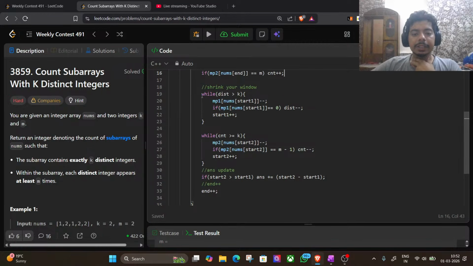So then you can just shrink your window. How? If your distinct count is greater than k, you will shrink it because you want exactly k distinct. So this is the distinct decreasing. And if your frequency is greater than k,